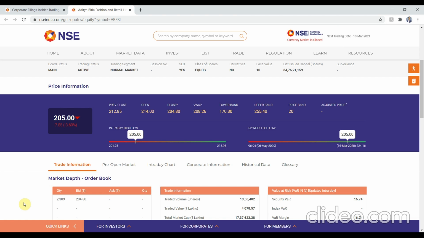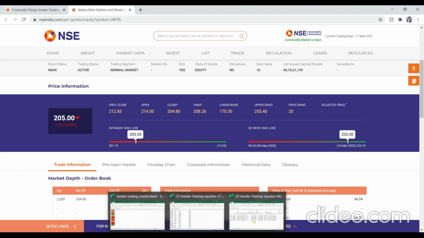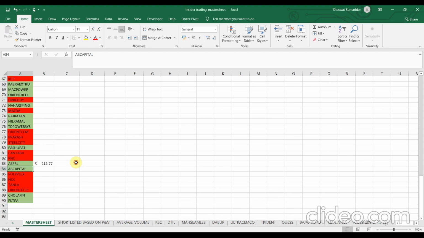Again, don't trade just because it falls in that particular range. We have to check the volume in this particular stock. The volume should be good, the daily volume or the average daily volume. And we have to see the volatility, etc. We have to see many things before making a decision whether or not to trade in this particular stock, not just the price. So let's calculate the price again for AB Capital now.